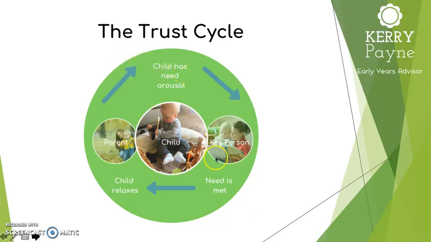What we do know is that this cycle doesn't always go to plan for young children, and it can go askew at different levels. So for example, the primary caregiver, the parent, may not meet those needs consistently for a number of different contextual factors. The parent may not have a good knowledge of parenting. They may be suffering some form of depression, postnatal depression for example. They may be experiencing other adverse factors which actually prohibits them from being able to meet that arousal and relaxation cycle.